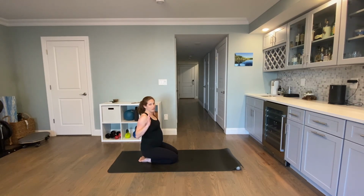pause here, bend your arms so that your palms are right underneath your shoulders, extend your arms overhead, and then do a little breaststroke. Bring your arms out to the side, then back underneath you, staying in that extension. Neck is nice and long, tuck your chin a little bit, sweep your arms back by your side, 2 more, lift them up in front of you, tuck the tailbone under a little bit more, press the feet into the floor, arms extend, last one, back by your side, bring your hands to the shoulders,